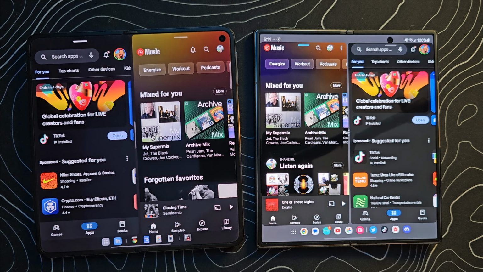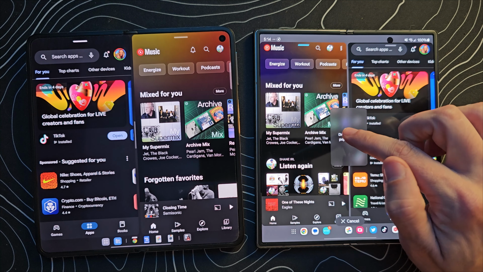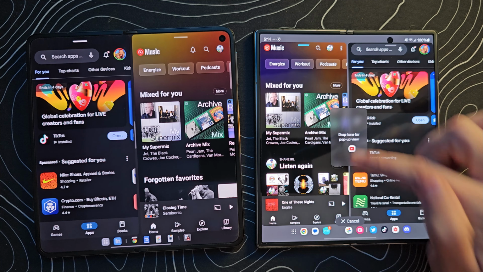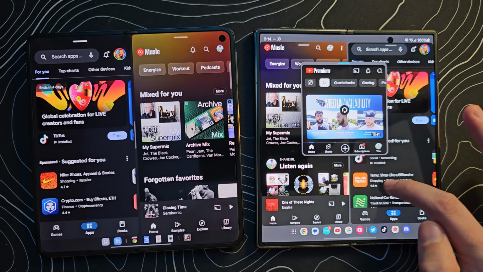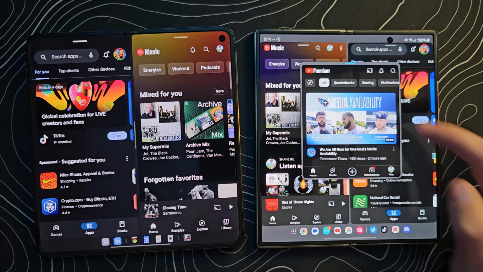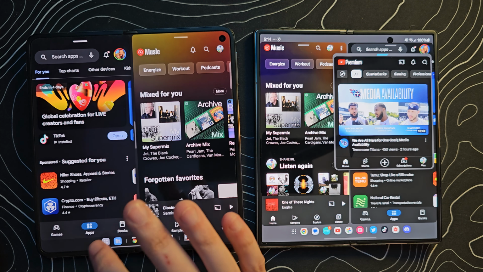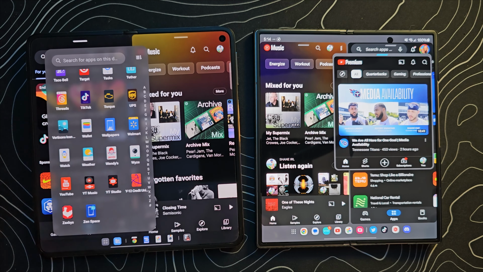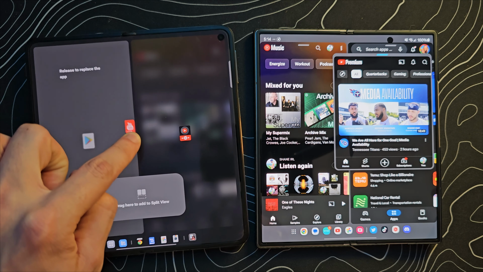We also need to talk about floating windows. So let's grab YouTube, and if I drag it up and put it in the middle, drop here for pop-up view. What that means is we now have this little floating window that can be resized, and you can have this thing just hanging out on top. Now, with the OnePlus Open, you would think that you would be able to just come down here and grab YouTube and drag it up and release it somewhere to be a